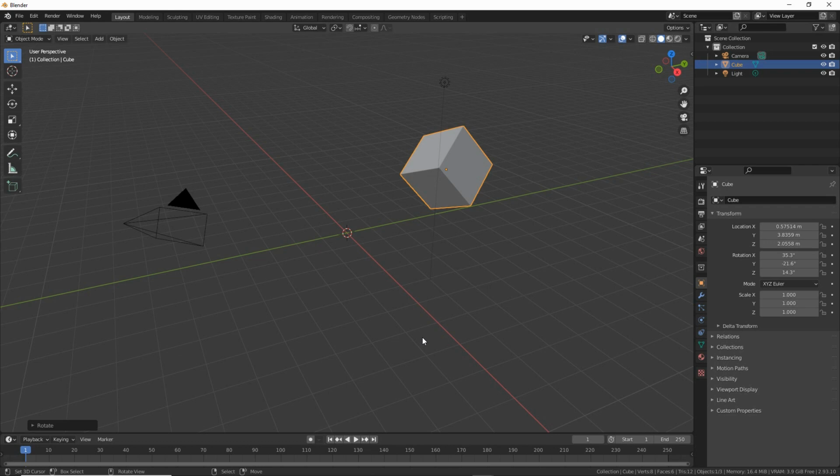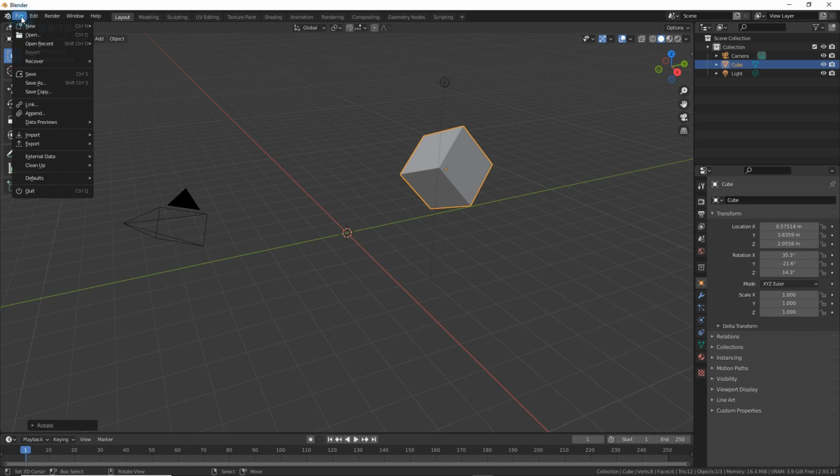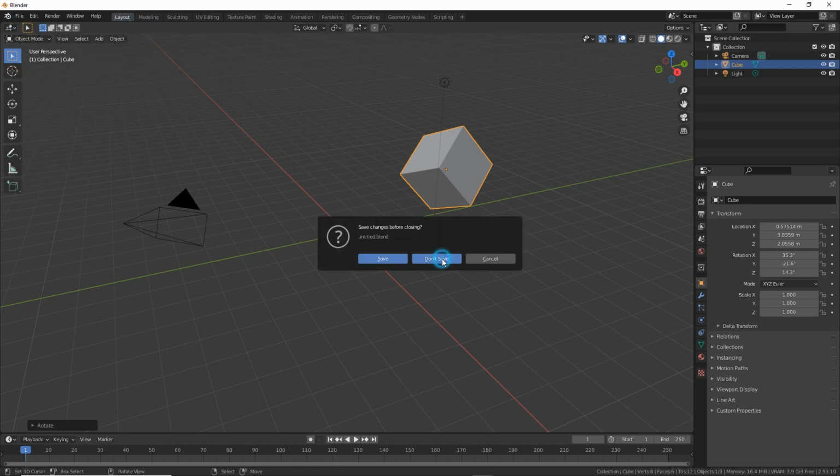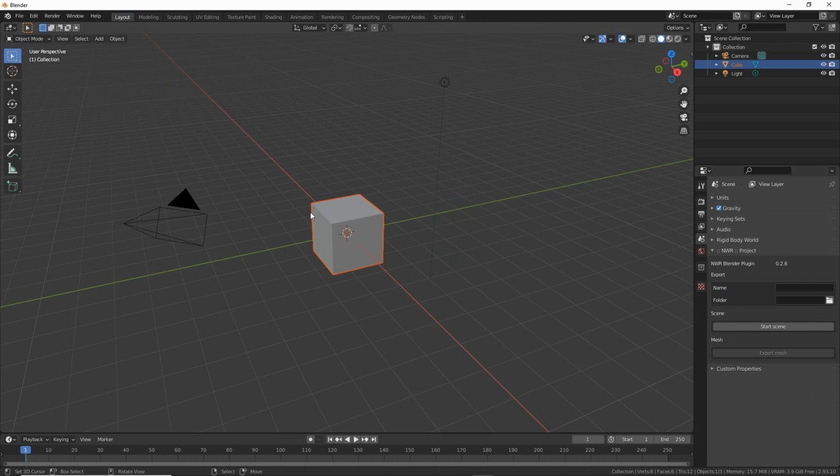In this exercise we are going to make a simple accessory or attachment using the attachment tool of the toolkit. So as always we need to start from a clean scene, so reset everything. So File, New, General. This will reset the scene to the defaults. Don't save. Make sure the cube is deselected, so select none,